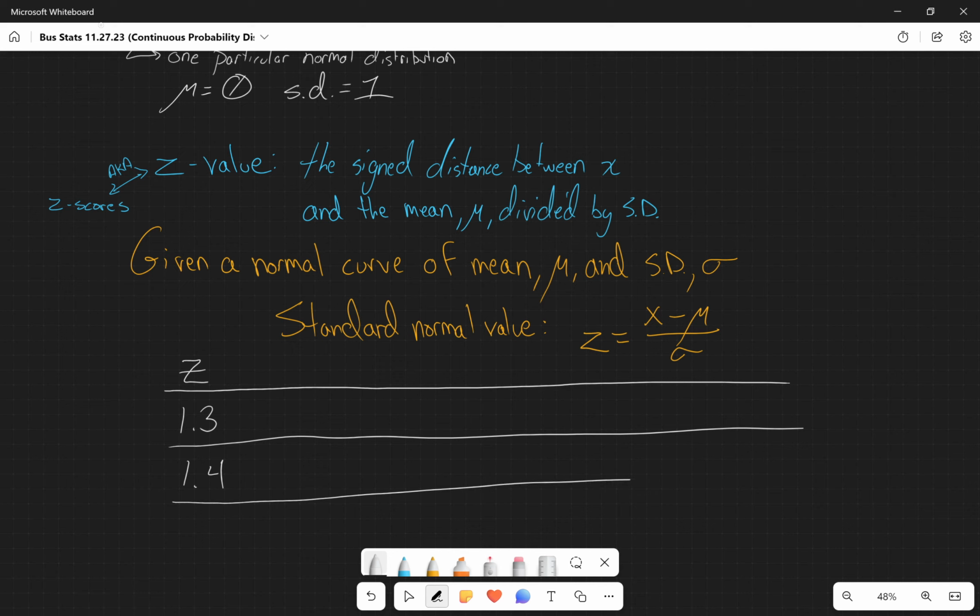So you pick a z, you pick the first integer and then the first decimal place, the 10th decimal place here for your z. And then you have to go and find the second decimal place. So for instance,